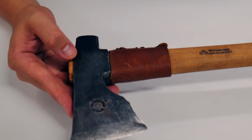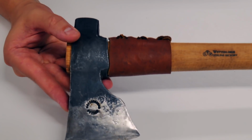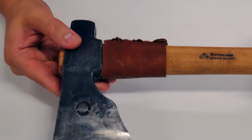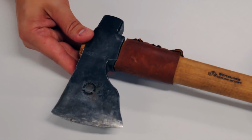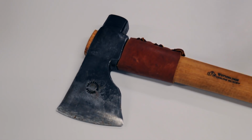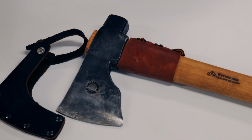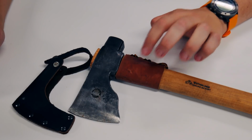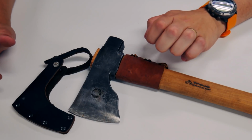But I figured it is an heirloom blade, obviously, and I wanted to show it to you guys. Again, it's made by Wetterlings in Sweden. Most people consider them the best axe makers in the world, and I certainly don't disagree. This axe has never let me down. It comes with a nice little axe sheath. I made this little leather collar here to protect the wood a little bit, but definitely my favorite axe to